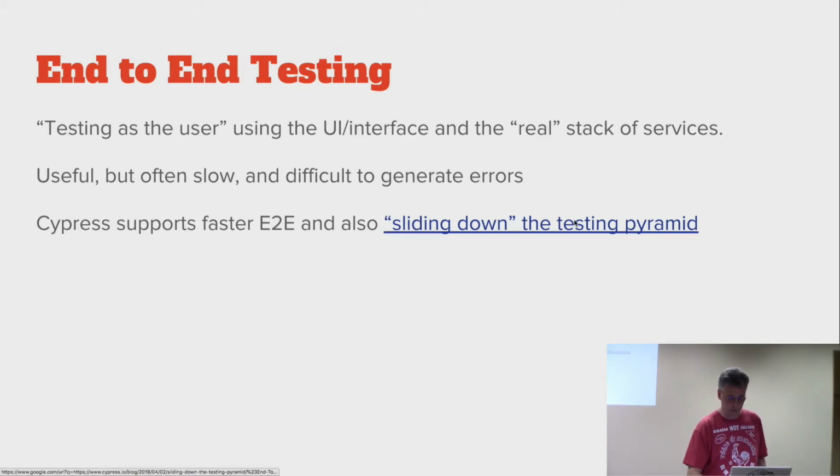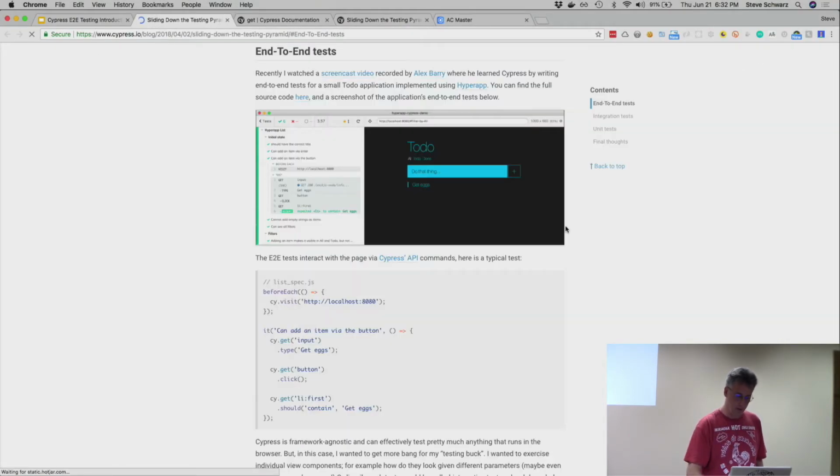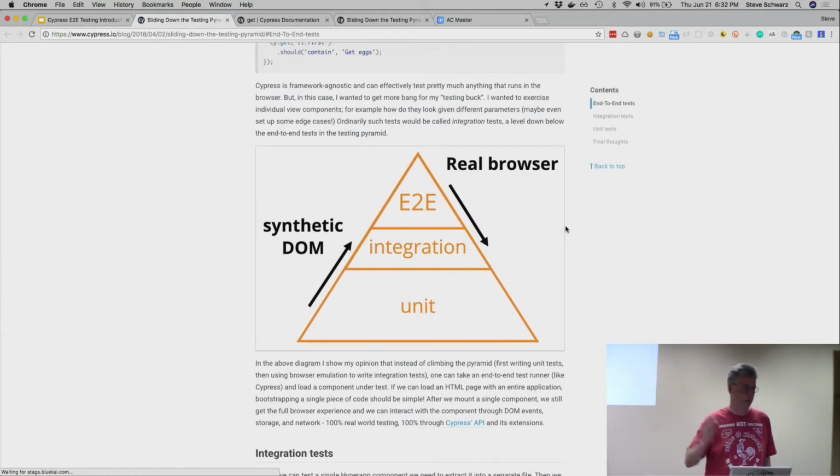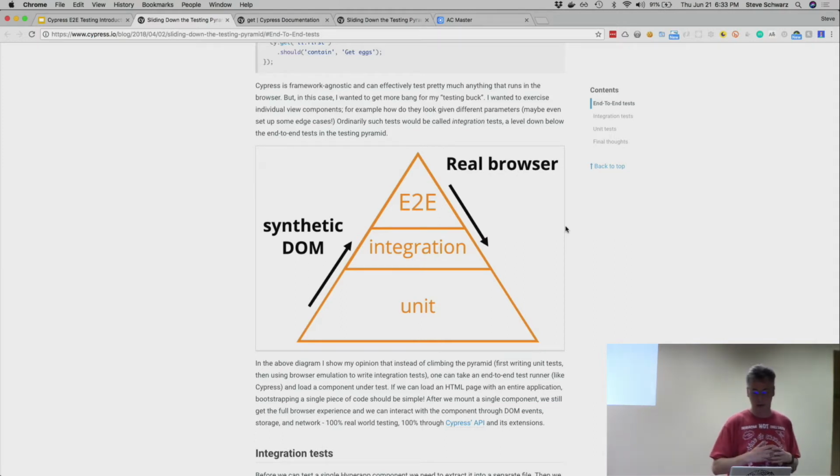And there's an article they wrote about, I have to make this bigger. This is the classic picture of the testing pyramid, where at the bottom are unit tests, where typically you're testing a single class, a single function. Then you might move up to the integration phase where, hey, let's see how these two classes work together, or these functions compose together. And then lastly is end-to-end testing, where you try to have work across a wider swath